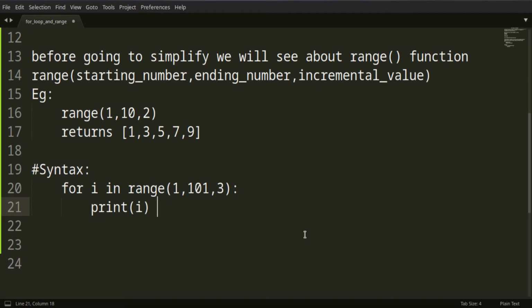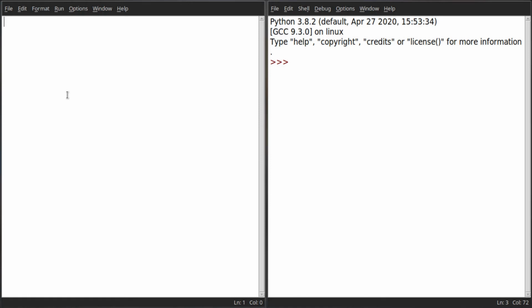This is all about theoretical knowledge. Now go to practical work. Let's write an example for printing 1 to 100 numbers using for loop. Execute it.